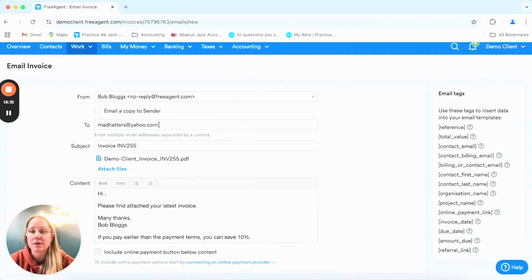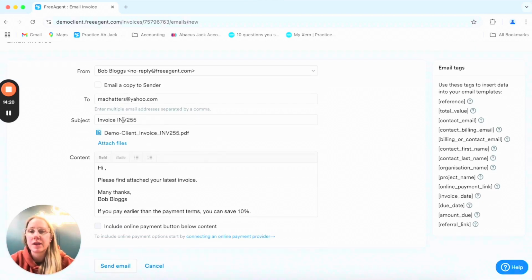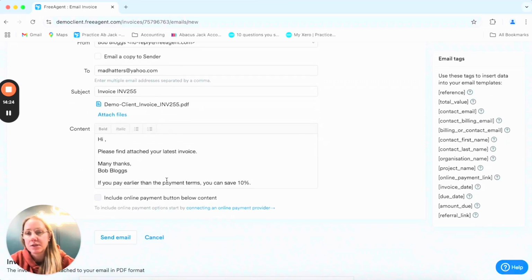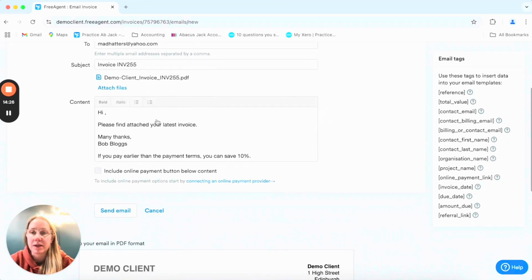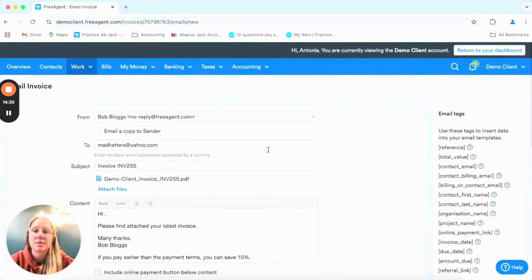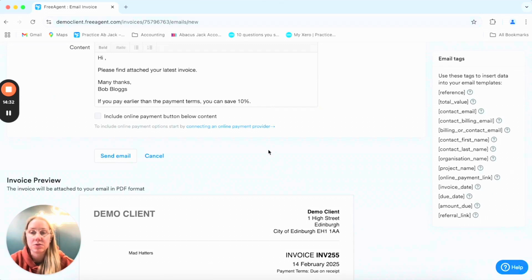We have the client contact information from when we set that up at the start. It's auto-populated the invoice number. It's attached it as a PDF. It's used the email template to put the email in. So all we have to then do is press send email, and that will set the invoice to sent, which